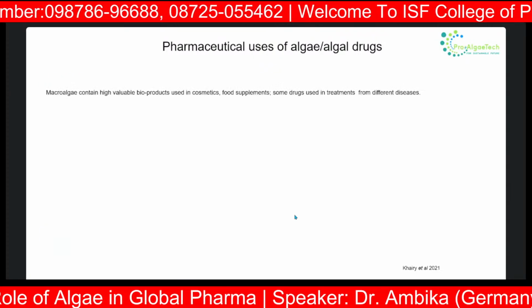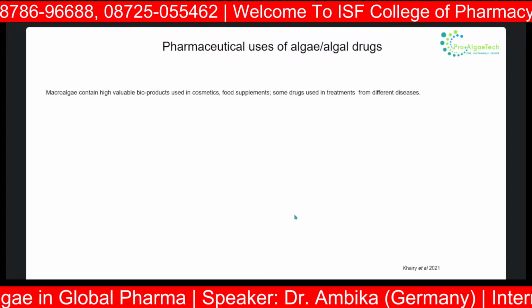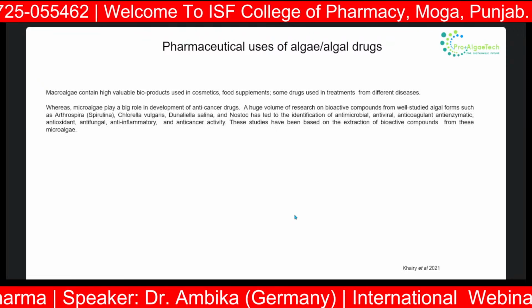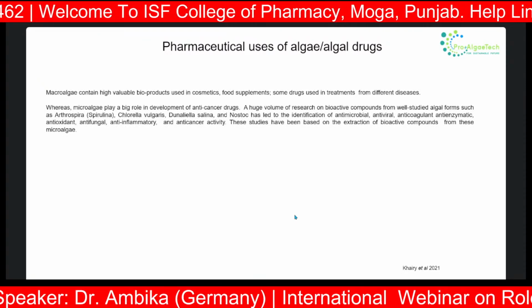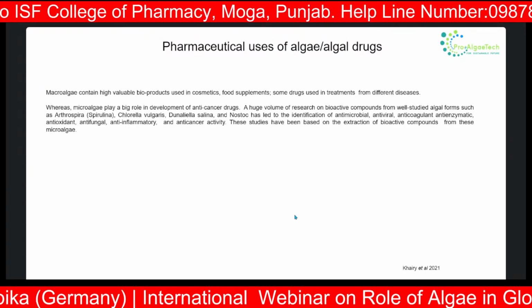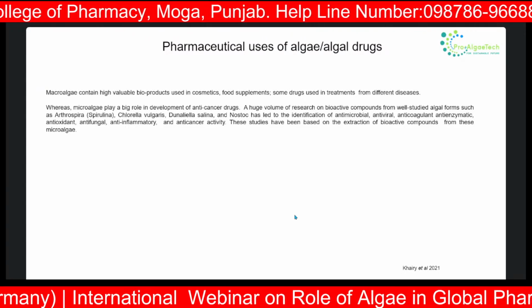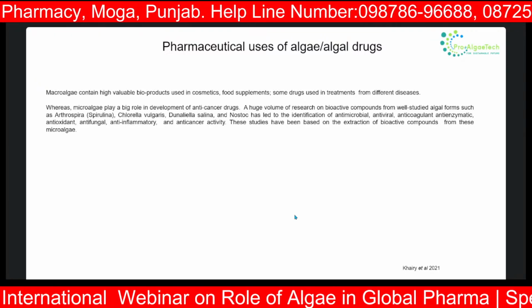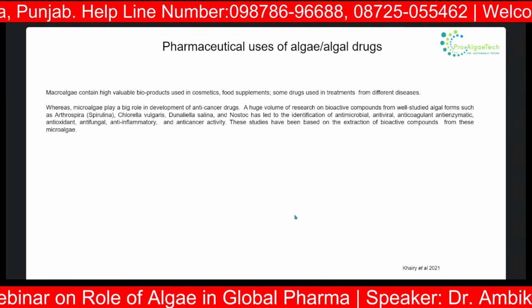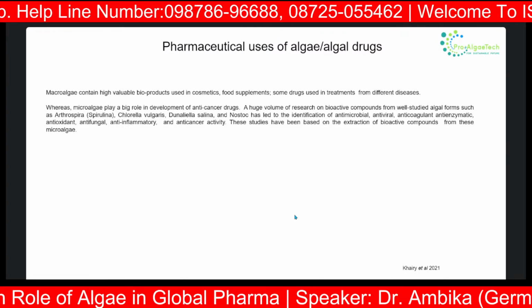So, what are the pharmaceutical uses of algae and algal drugs? Microalgae contain highly valuable bioproducts used in cosmetics, food supplements, and some drugs used in treatments for different diseases. Microalgae also play a big role in developing anti-cancer drugs, with a huge volume of research on bioactive compounds from well-studied